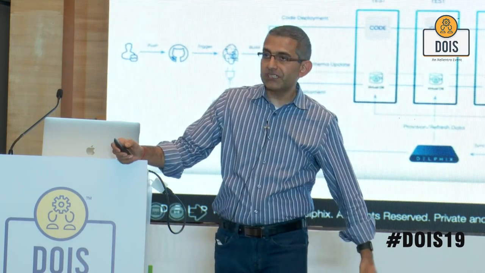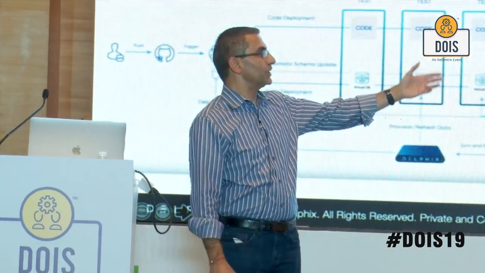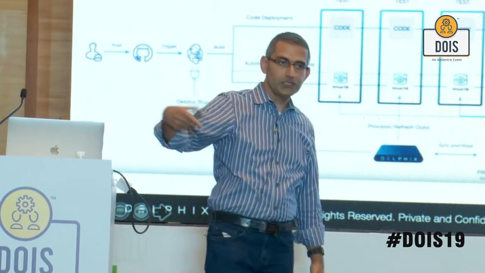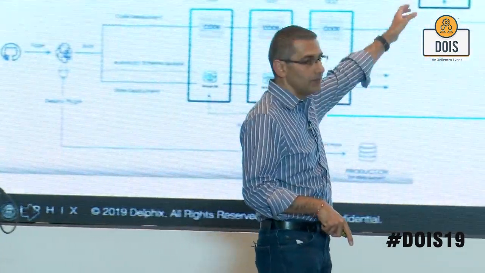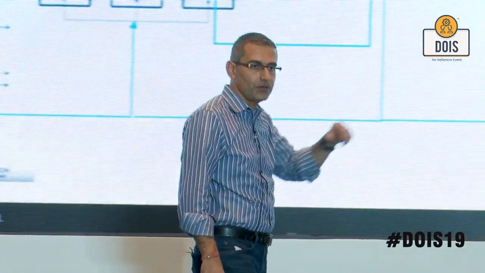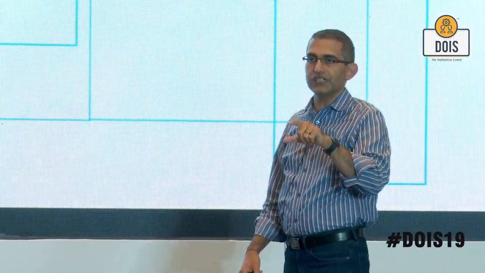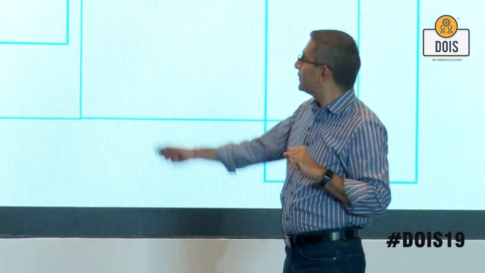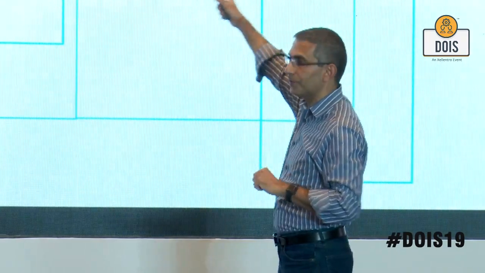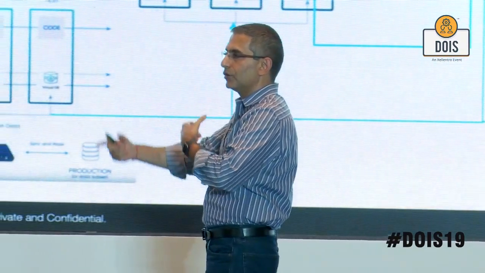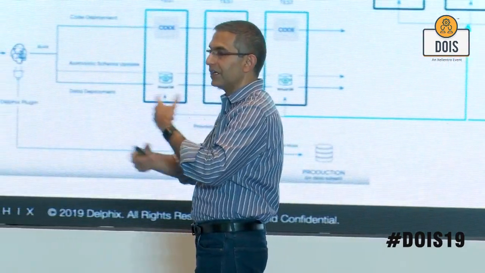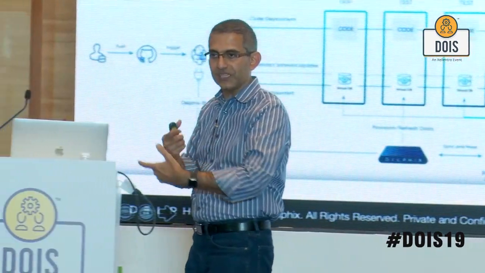This becomes even more interesting when you're testing across multiple application delivery pipelines. Topo and I were just talking before this, and if you have feature A, which is dependent upon data set 1, and you have feature X, which is dependent upon data set 7, you need to make sure that those data sets are synchronized. If feature A, this application delivery on the top here, has a release cycle of every 2 weeks, and it's a very simple NoSQL database, you are periodically refreshing the test data every 2 weeks.